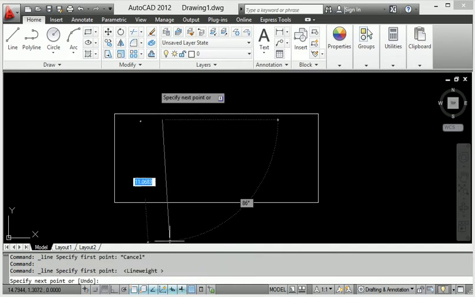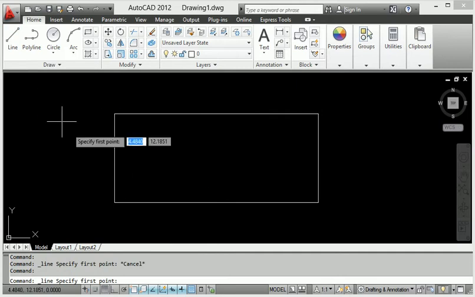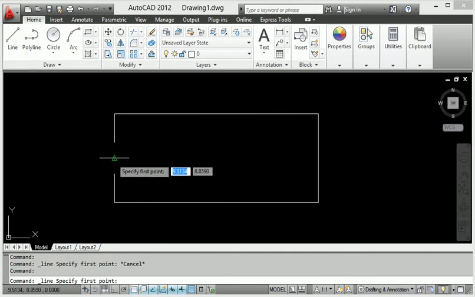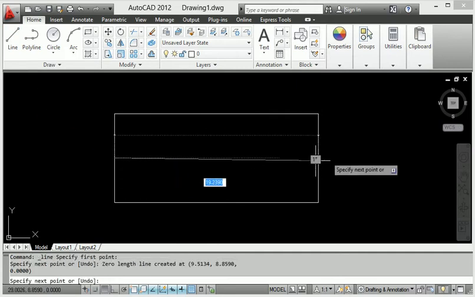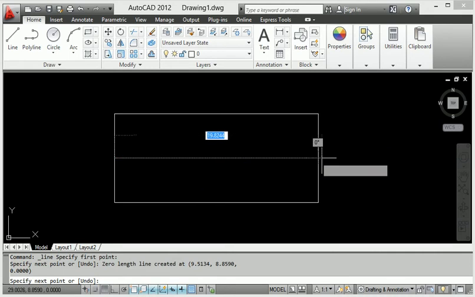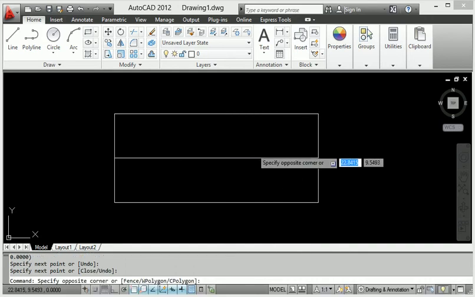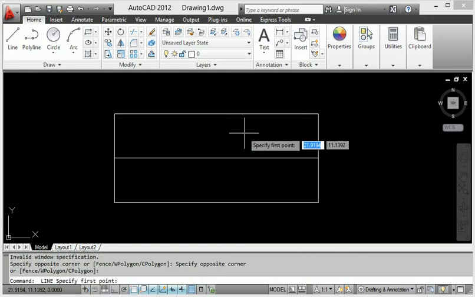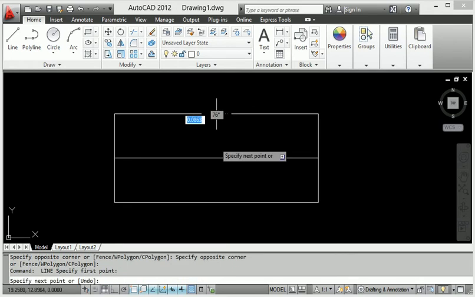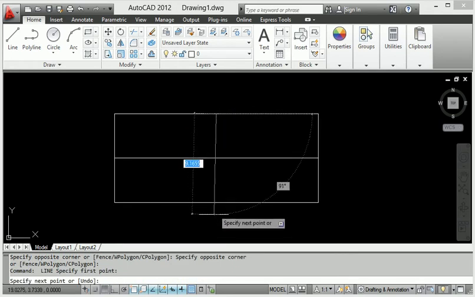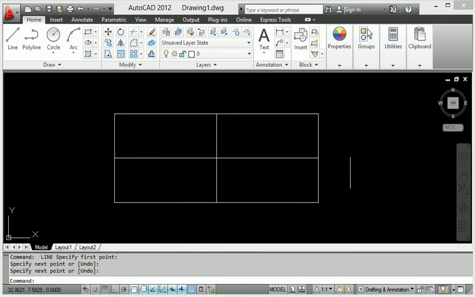So when I click the line and join to the midpoint, and also join here, select and again enter, here the midpoint and join. So this makes the line here.